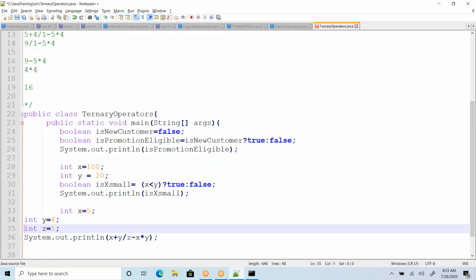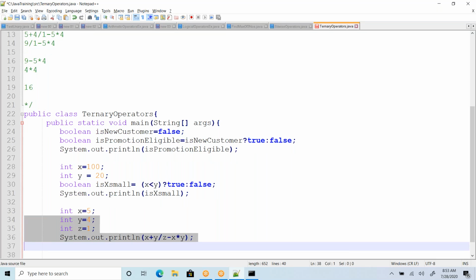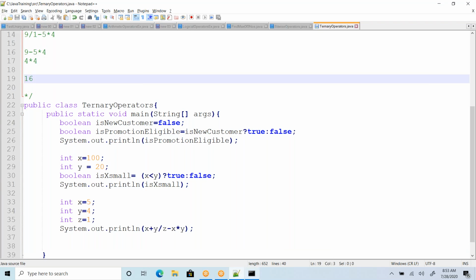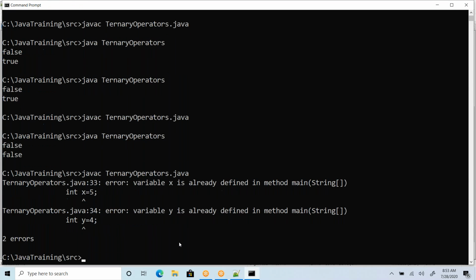Can we run and see whether our understanding is correct, or whether it gives an error or a different output than 16? That's where you have to understand operator precedence.